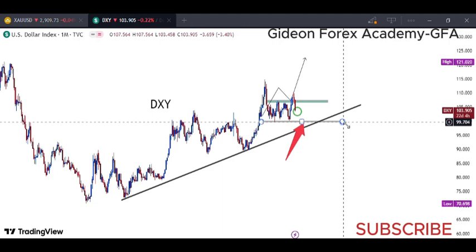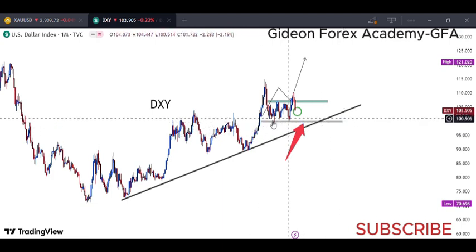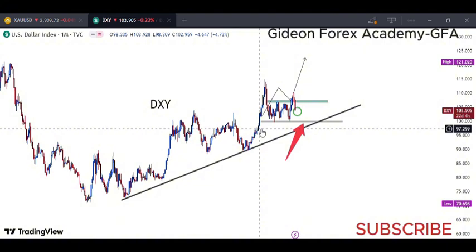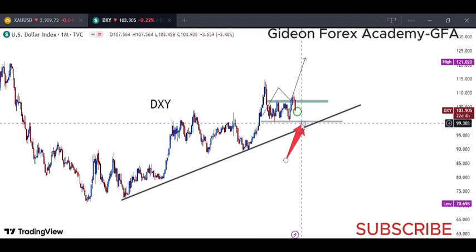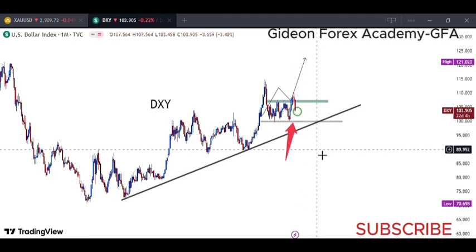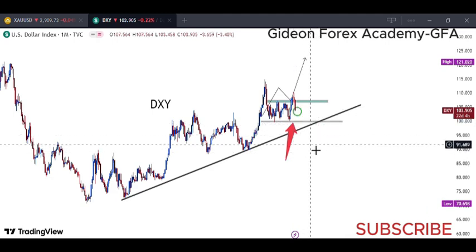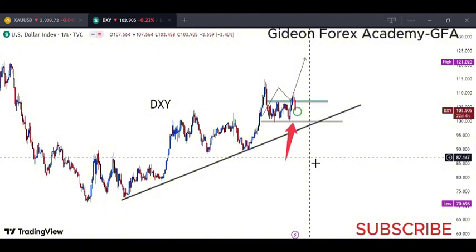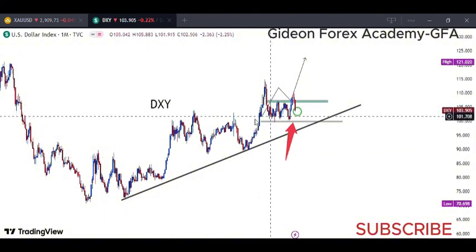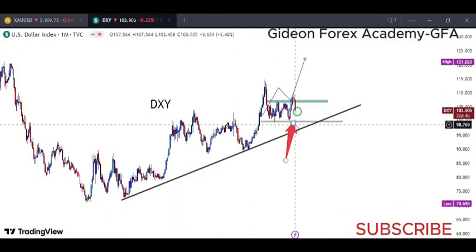The dollar is the dominant currency in the world and it's used a lot for trading around the world. So we use the DXY, or the dollar index, to determine how the market is going to be, whether it's going to be ranging, whether it's going to be trending. Right now we are pretty much in a range. It's not really going up or down, but since this is a monthly time frame, you can go to lower time frames and you can see that really this is falling.